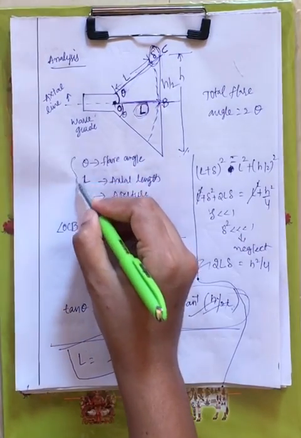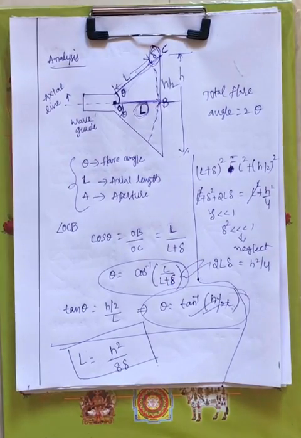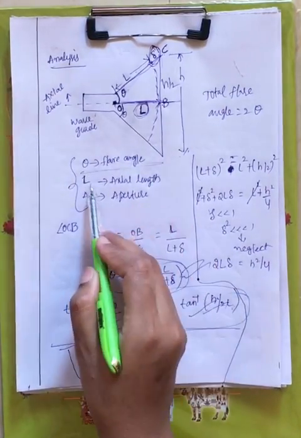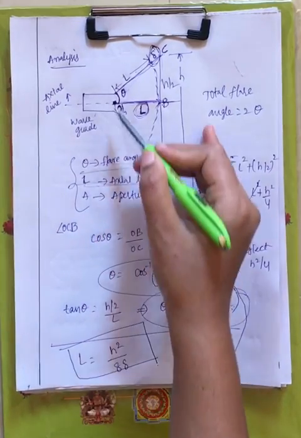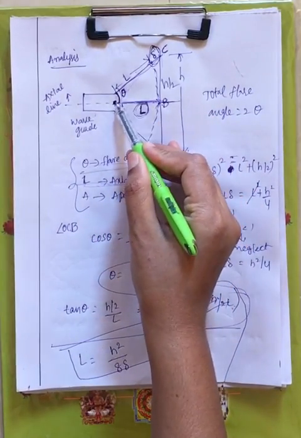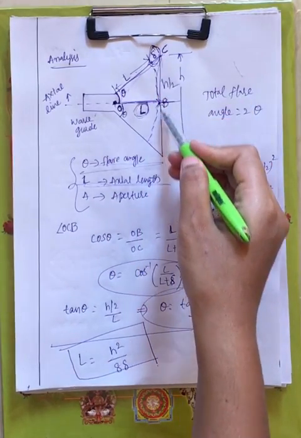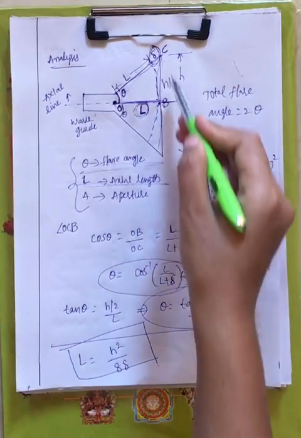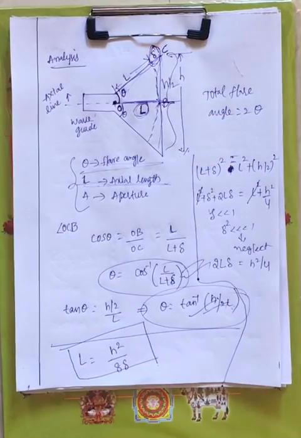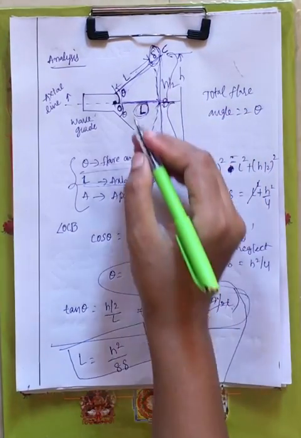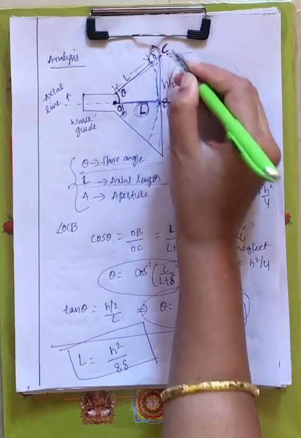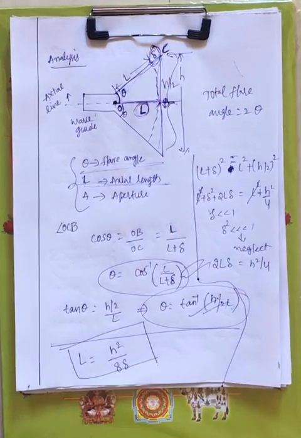Now using these 3 parameters we can find out the characteristics of the horn antenna. One is flare angle and another one is axial length. Flare angle is this one. Axial length, the point where the flaring starts till the ending part of the horn, is nothing but the axial length, and this particular is nothing but the aperture. Now this particular point is denoted by O, this by C and this by B.